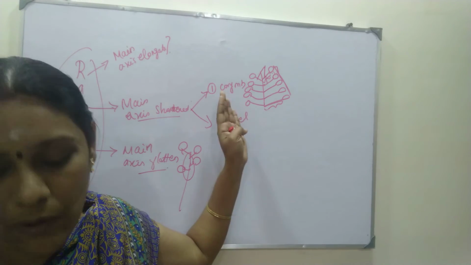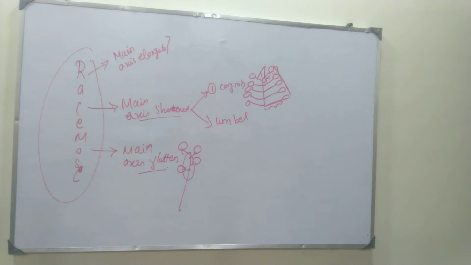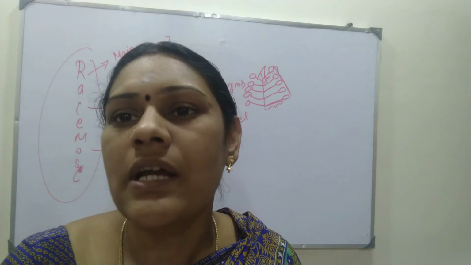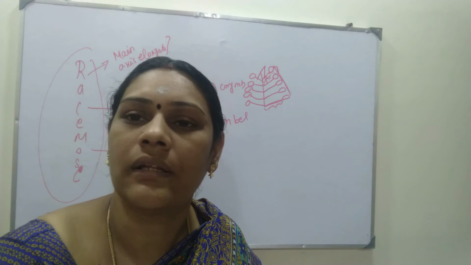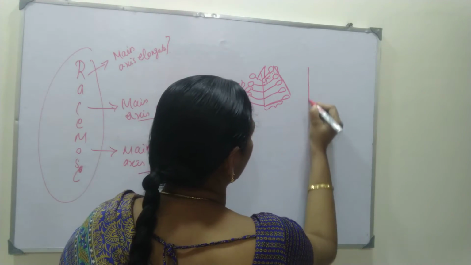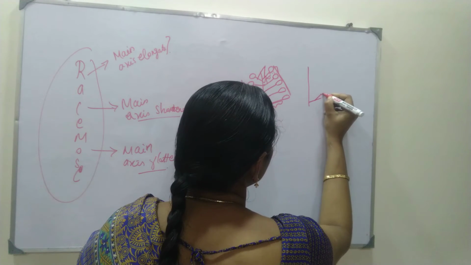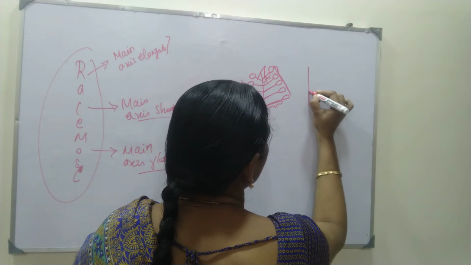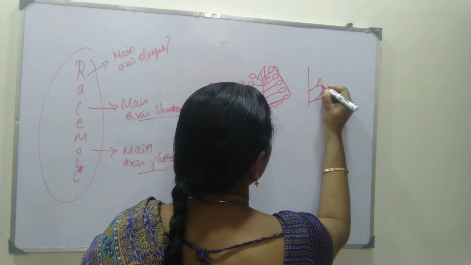For example, you can take Caesalpinia as an example of a corymb. What is a common corymb that you know well and have seen? That is cauliflower. If you take cauliflower, I will draw the same pattern with the branches. Suppose both will be the same, equal only.